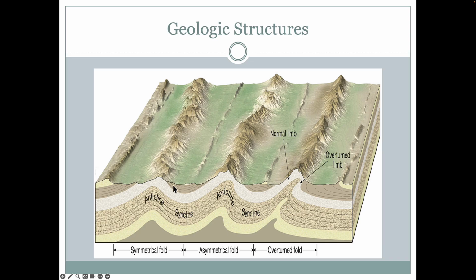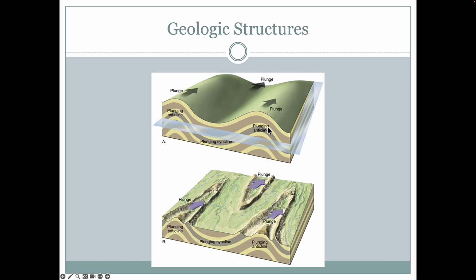Another thing to note about this example is we can kind of see the mountains follow the top of the anticline. And that can happen, but one of the most important things about how these anticlines and synclines are expressed on the surface of the earth is where the most resistant layer of rocks are. And in this case, it looks like a sandstone, so that makes sense. The sandstone's not getting eroded away, so the top of the anticline could also be associated with the mountain ranges. However,